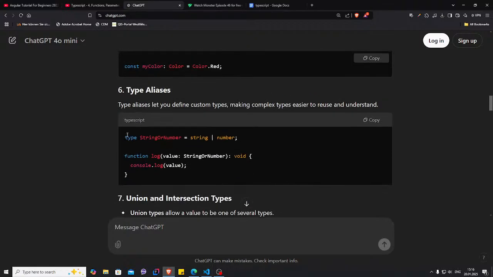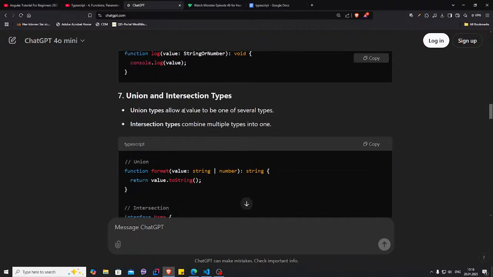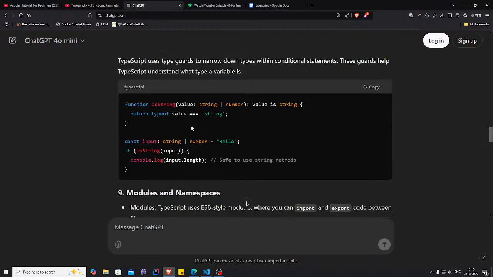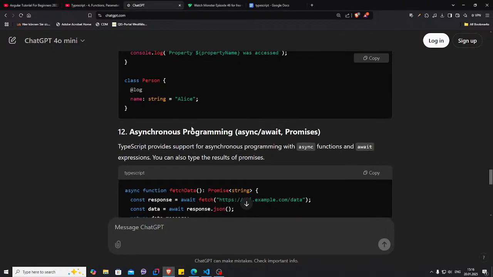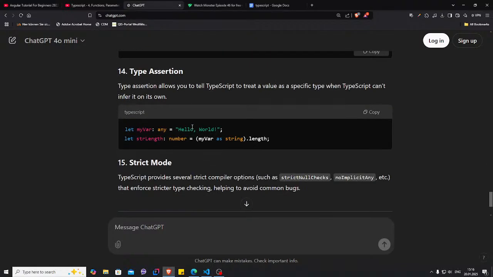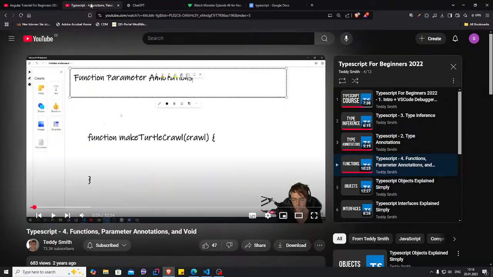Enums, type aliases, a new thing. Union, intersection types, not sure what that is. Type guards. So it seems like there are some concepts that I do know and some that I don't, and I mean 15 concepts isn't that much. So the channel